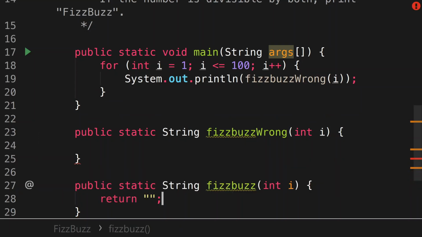So it compiles. Now down here, let's walk through those conditions of the FizzBuzz program. If the number is divisible by 3, I print fizz; 5, I print buzz; both, I print both. Okay, so let's go ahead and ask that. If I is divisible by 3,